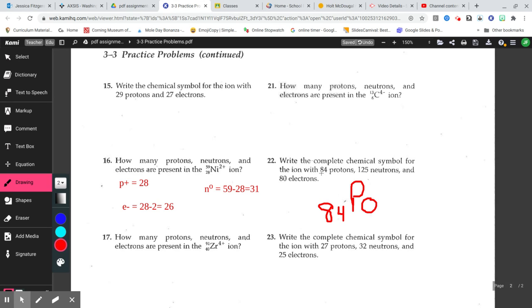So your mass is 84 plus 80, because remember, your mass is your number of protons plus your number of neutrons. 84 plus 125. Excuse me, I just looked at my numbers, I didn't read. So it's your number of protons plus your number of neutrons. So 84 plus 125, not 84 plus 80. Again, to find your mass number, it's your number of protons plus your number of neutrons. So 84 plus 125, which is